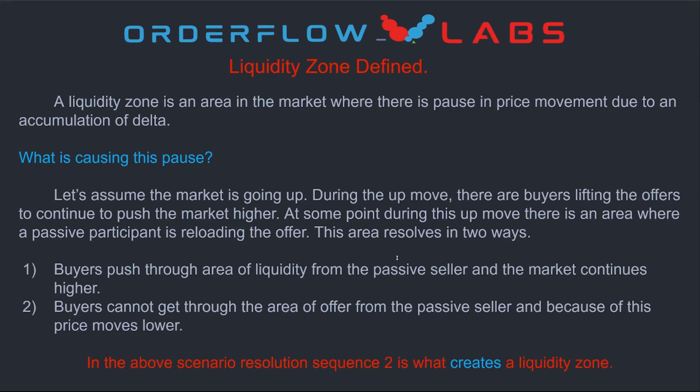So we use stall in price movement to validate that buyers are running into an area of enough liquidity that's causing this pause of the market going up or down. So again, what's causing the pause? The market's going up during that move, there are buyers lifting offers that continue to push that market higher. And at some point during that move, there's an area where a passive participant...